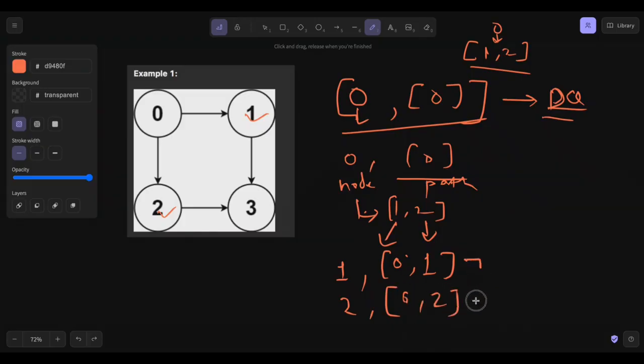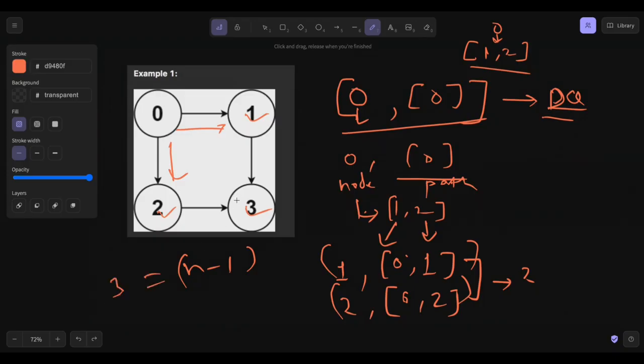So now my DQ has 2 elements. So this is going to be kind of a triple. I'm going to push into DQ. So now I have reached 1, and then I also reached 2. Now again I have to go further, but I have not reached my target node, because my target node is 3, because I'm looking for n minus 1, right,